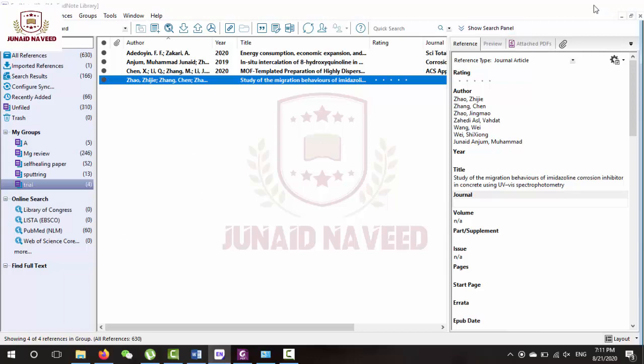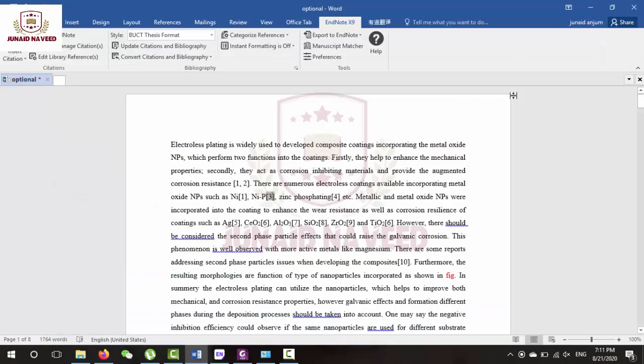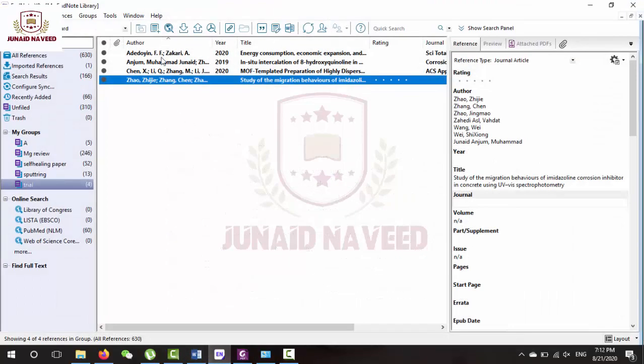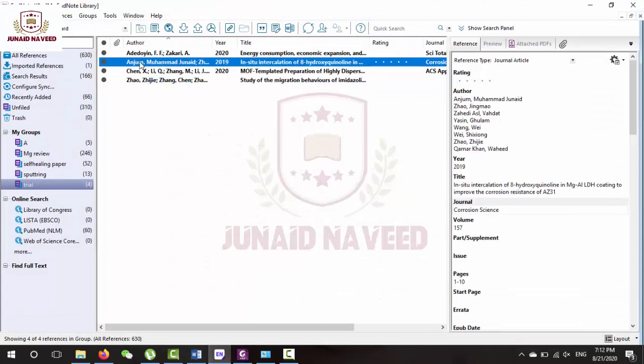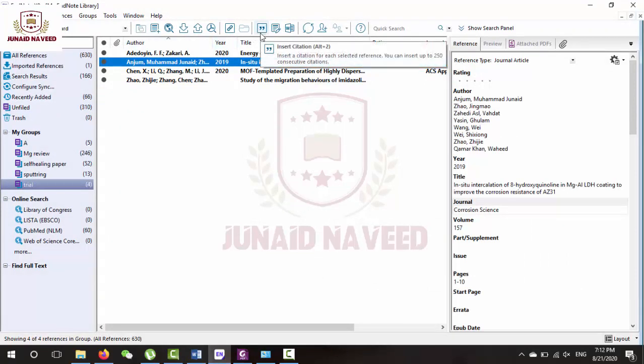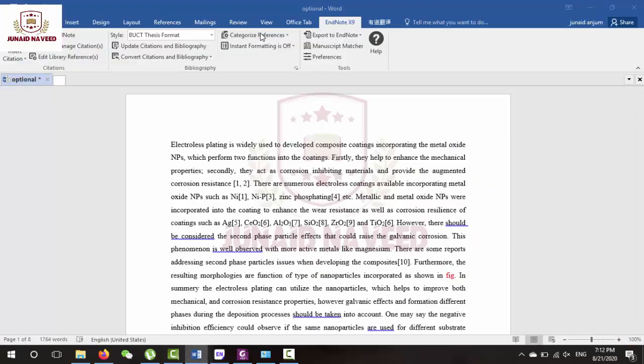So now is the turn to add the reference in the document. For example, this is my document and I want to add the reference here. For example, I took this statement from this article. So I will just simply click on this article and click on these inverted commas.